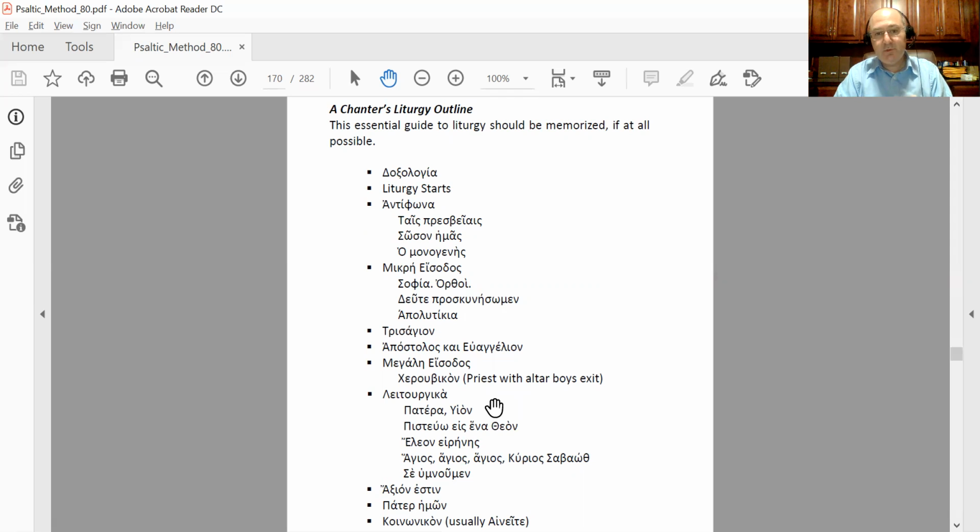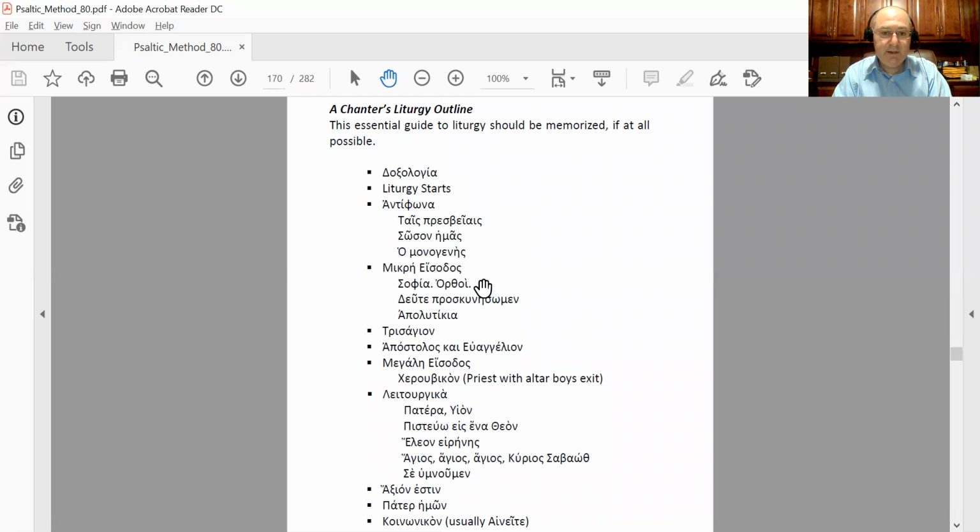And by the way, if I asked you, is this sequence part of taxis or typicon? What would you answer? Is that an issue of taxis? Is that a softer oral kind of tradition, or are these things set? These things are set on stone, so these are part of typicon. So this sequence, the hymns themselves, and when we say them, are part of typicon.